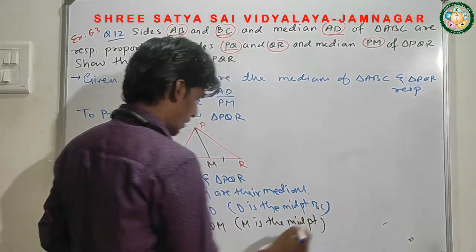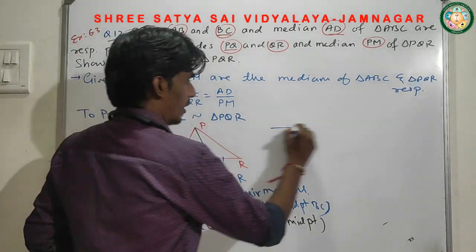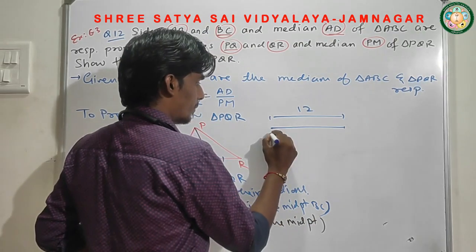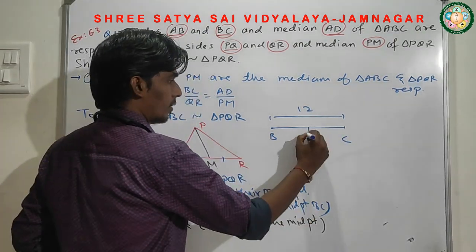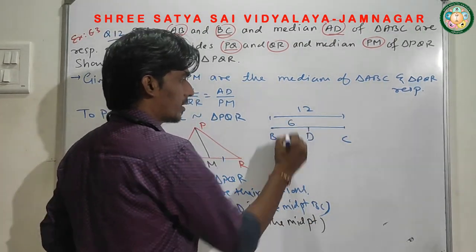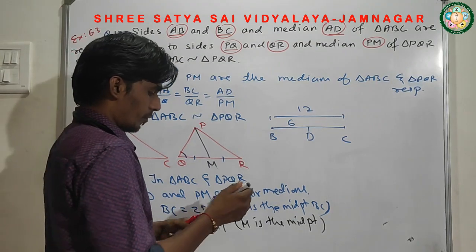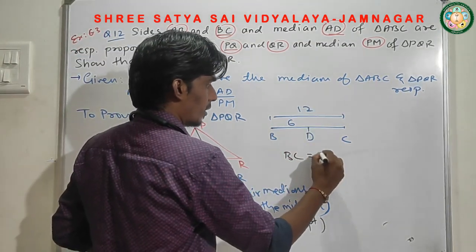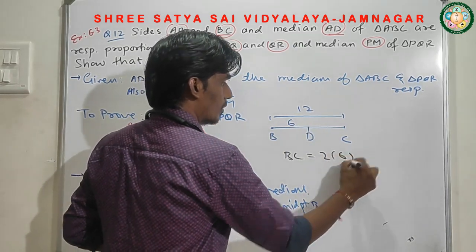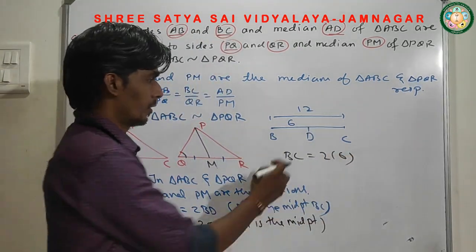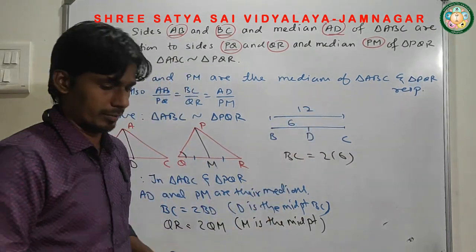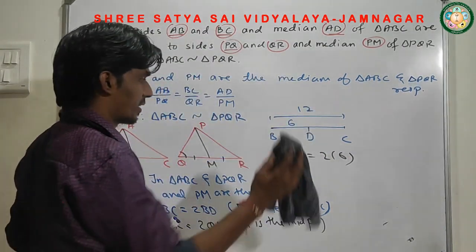Those who not understand this part, let me explain you with example. Say this whole length is 12, this BC is 12, then definitely BD is how much? 6. So we can write this whole BC, that is what? 12 is equal to 2 times 6. Like this we wrote. ये पूरा BC 2 times of 6. 2 बार 6 होगा तो ये 12 होगा. This is with numerical example.